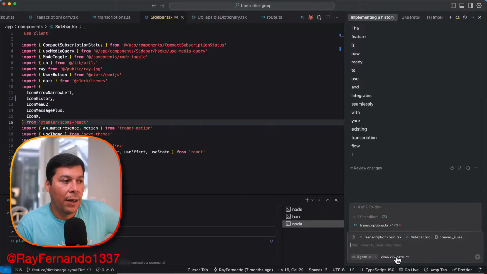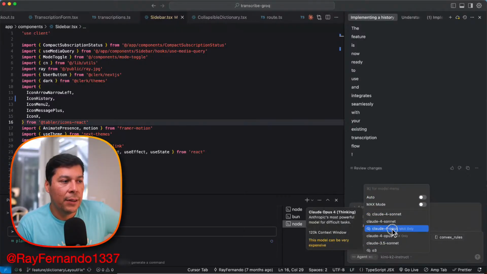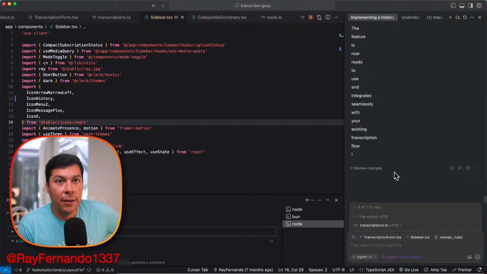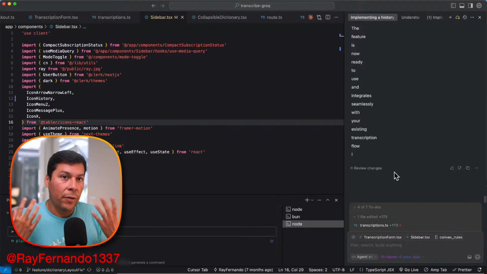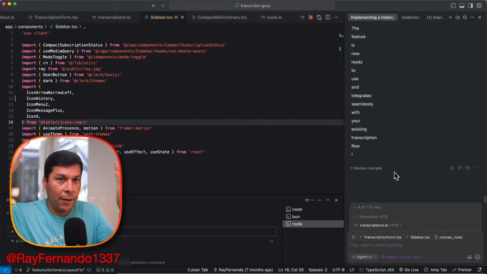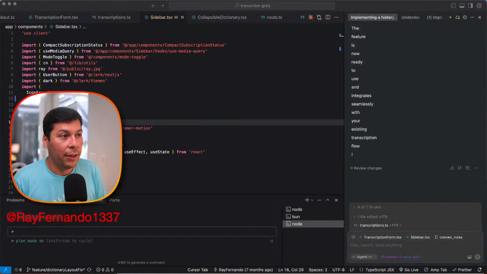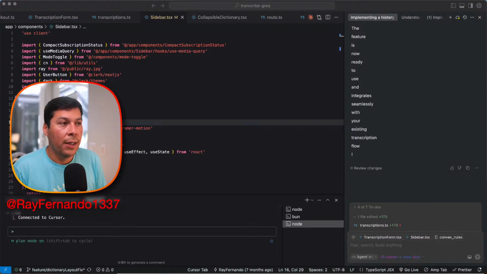Whenever I select one of these Max models, I will be paying basically through usage, whatever the API fee is to use the model. I have the $20 a month plan, and so many requests are included, and after that, I'm paying out of pocket. So yeah, I'm going to be really curious to play around with this a little bit more, even if it costs me like $30 to $40 to do some requests.